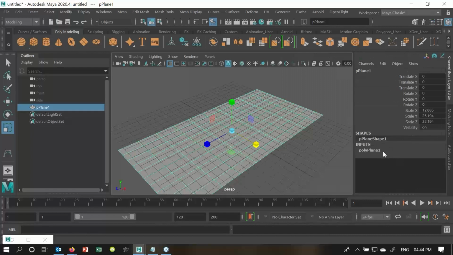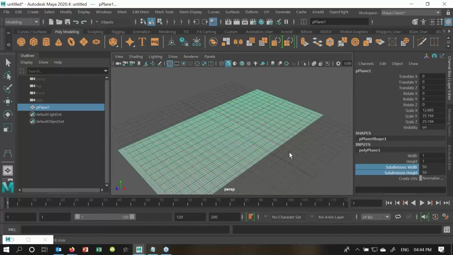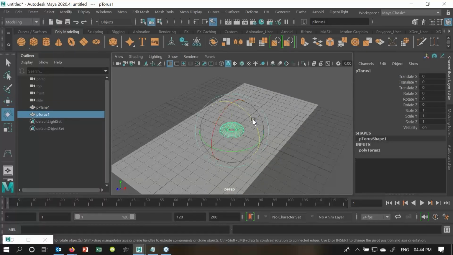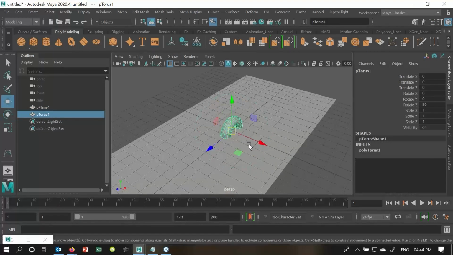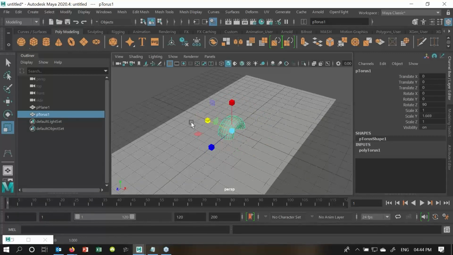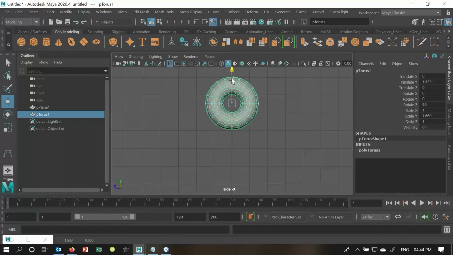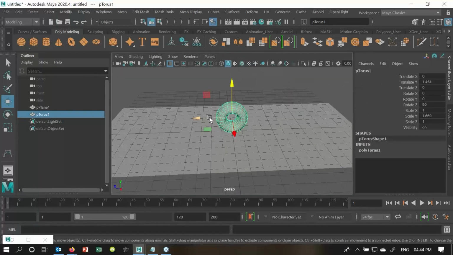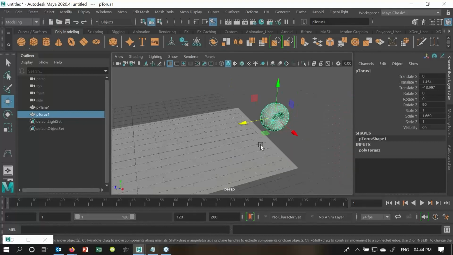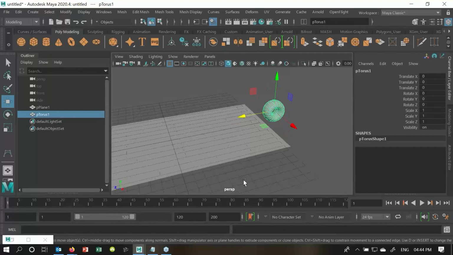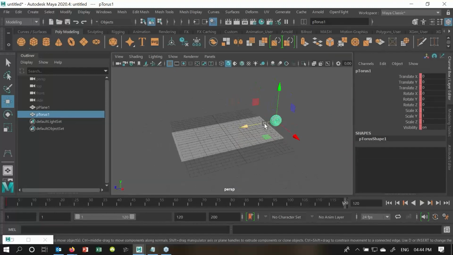I'll go to its attribute editor, select, drag it more, delete history. I'll make this object some kind of tire movement. We need to see that some points have to get an effect on this ground. Again, delete history, center pivot point, set key,